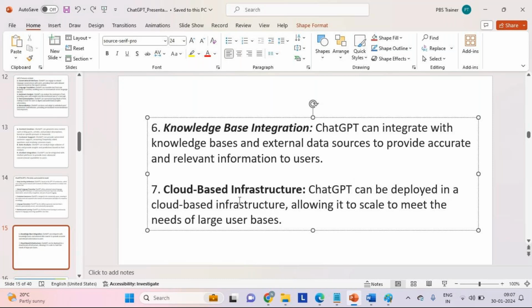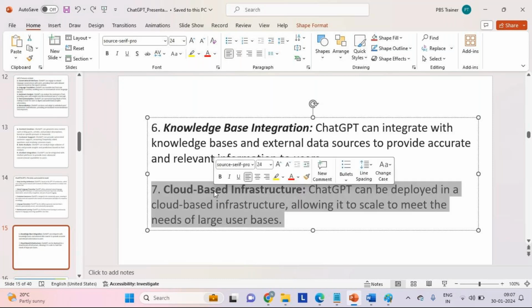So that's where AI modeling tools could also be embedded as part of the cloud, so that we can avail the rich capabilities from the cloud, and also enhancements or enrichments from AI modeling tools like ChatGPT.